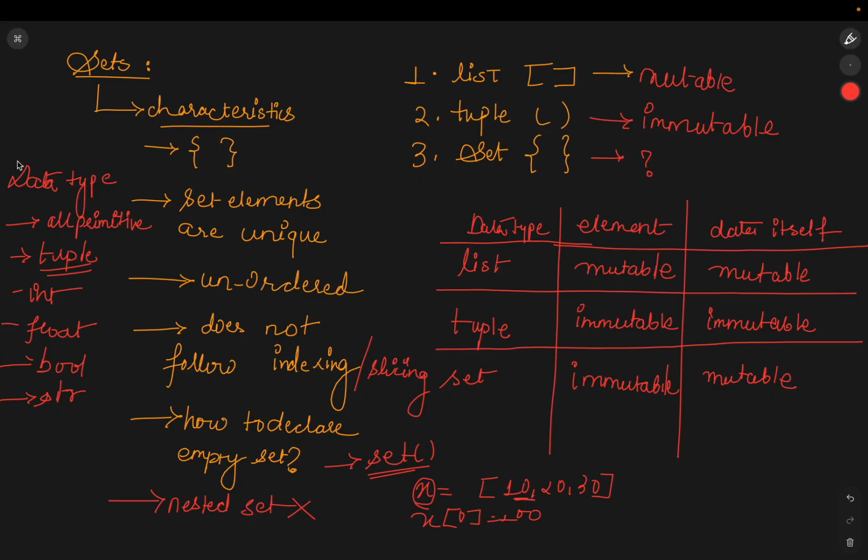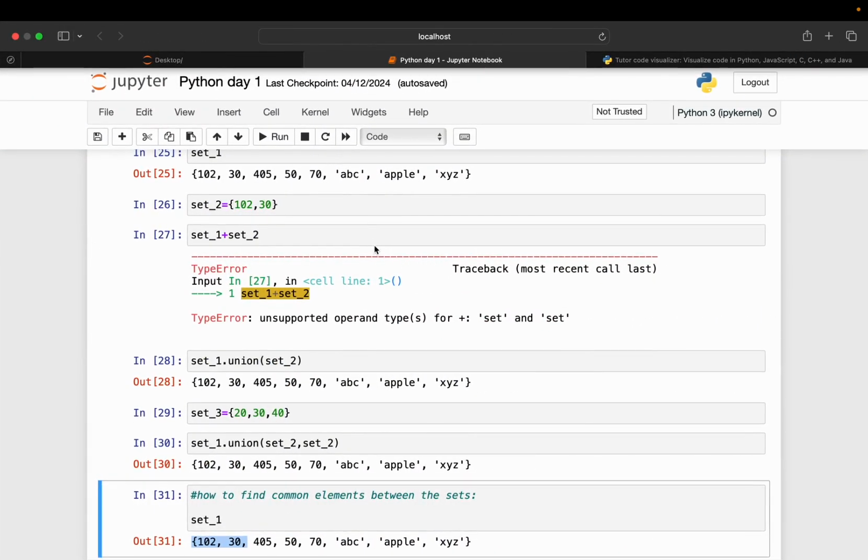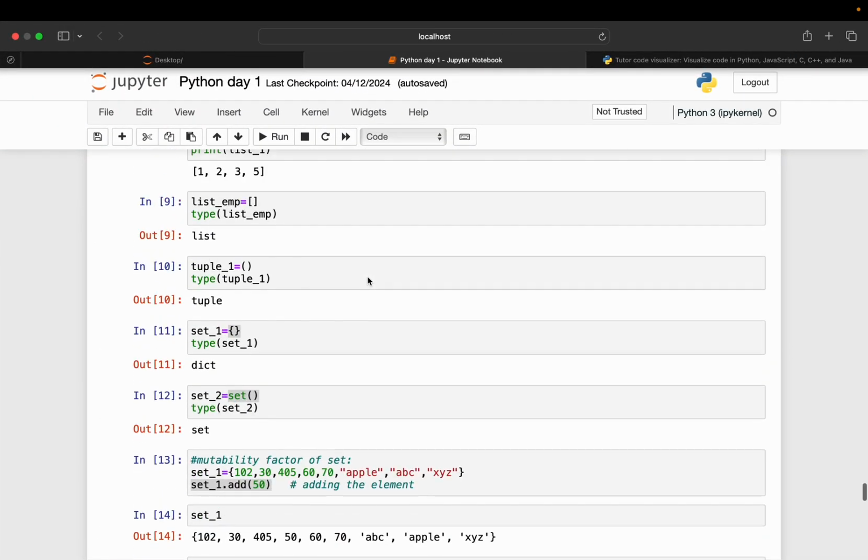Now if you look into the data types, what all data types are supported, we have a listing of this. Why are all these data types supported? Because of this table. This table is telling me the mutability and immutability factors of the different data types, and based on that it is giving me the answer of what all data types I can declare inside the set. Also, we have declared the set, we have gone